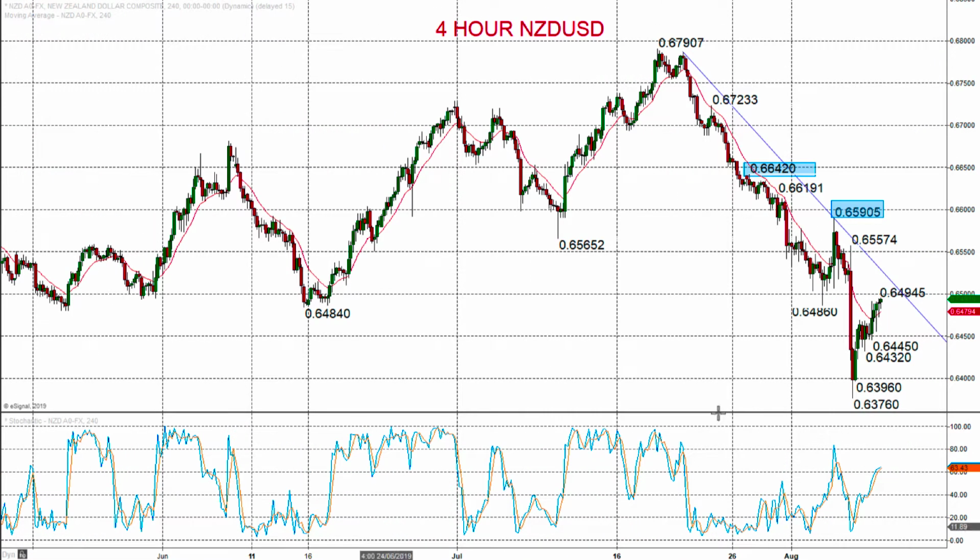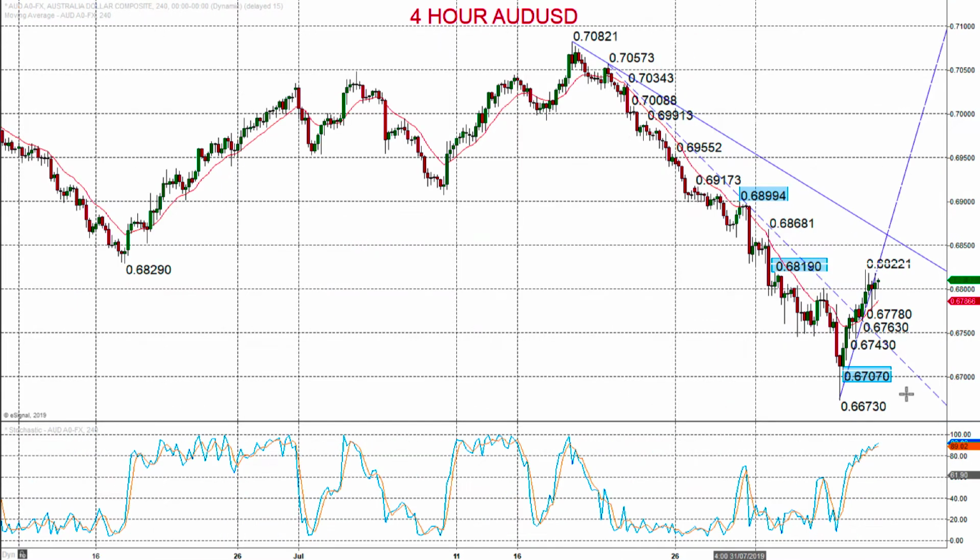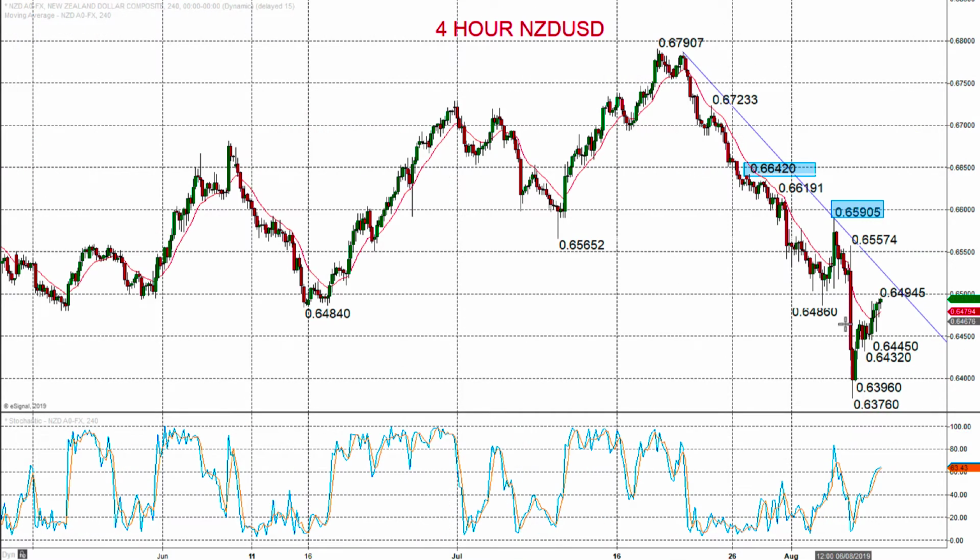For the New Zealand dollar, there was a plunge lower after the rate cut, but then this rebound. So the Australian dollar was helped higher by this rebound post the rate cut. The initial rate cut sent the New Zealand dollar lower, as it slightly sent the Australian dollar lower, but then a strong counter trend rebound for the Australian dollar and also for the New Zealand dollar. So although the intermediate term outlook for the New Zealand dollar stays bearish, the positive outlook on the rebound points the New Zealand dollar higher into the day through 64.94, 95 area,